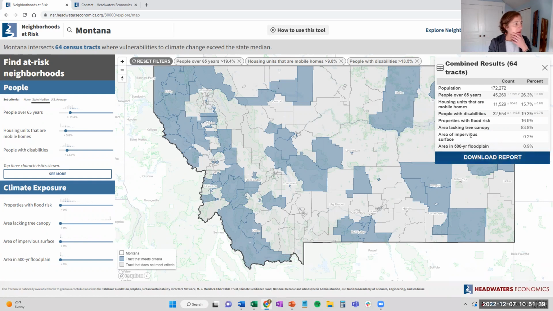The other thing I wanted to mention that I failed to is that we report margins of error in these little gray text here. So you can see how significant the error is for the place you've searched. This can be really big in rural places with smaller populations.